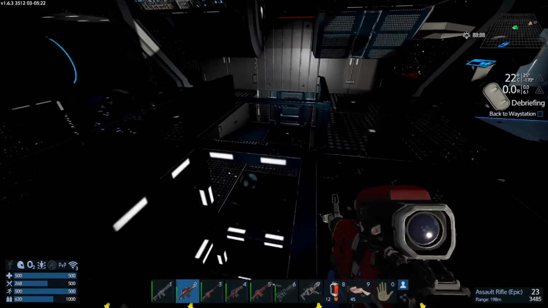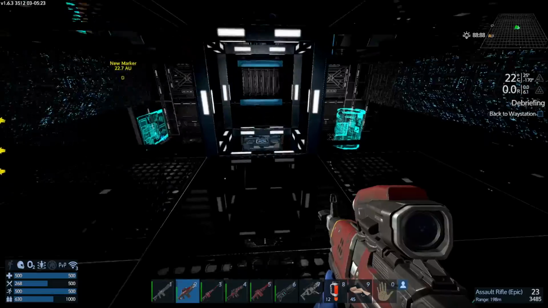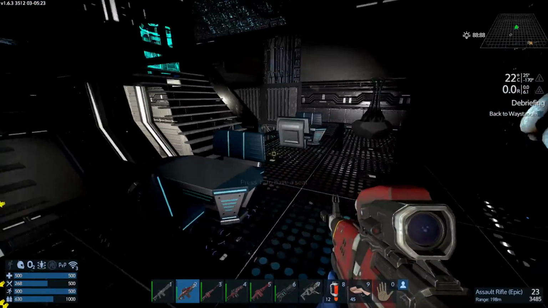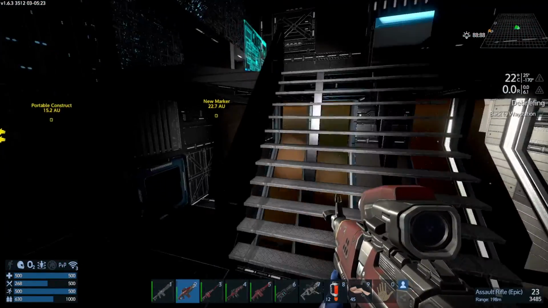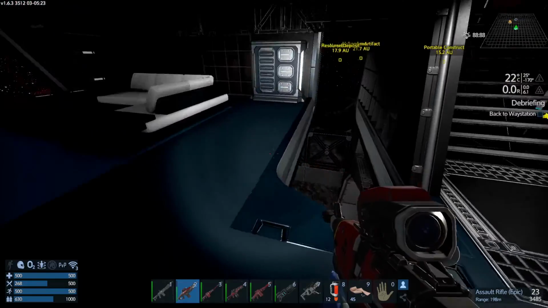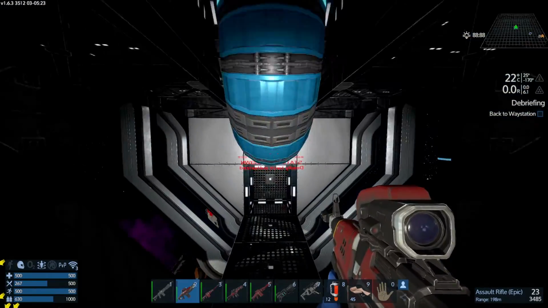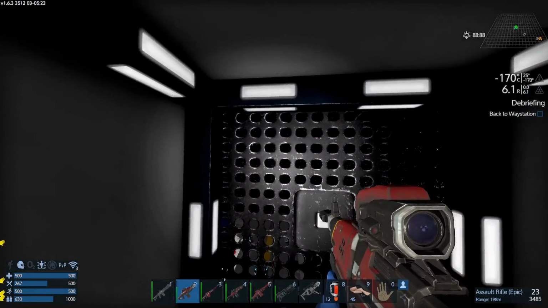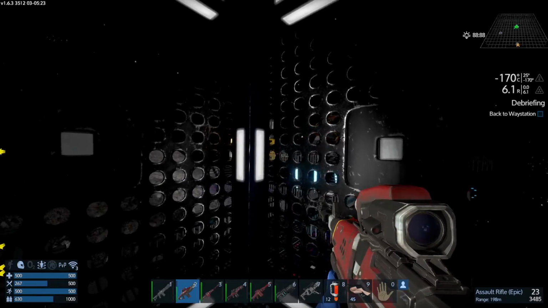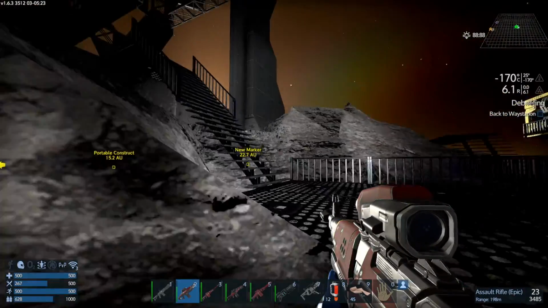But of course, before we do that, we're going to do a little bit of looting. I'm not sure if we can't open that door. So it's kind of taking us back to somewhere where we can't get out of. Thank you, game. Just go all the way back down here. Of course, although we got to go back to the way station for a debriefing, there's a lot of